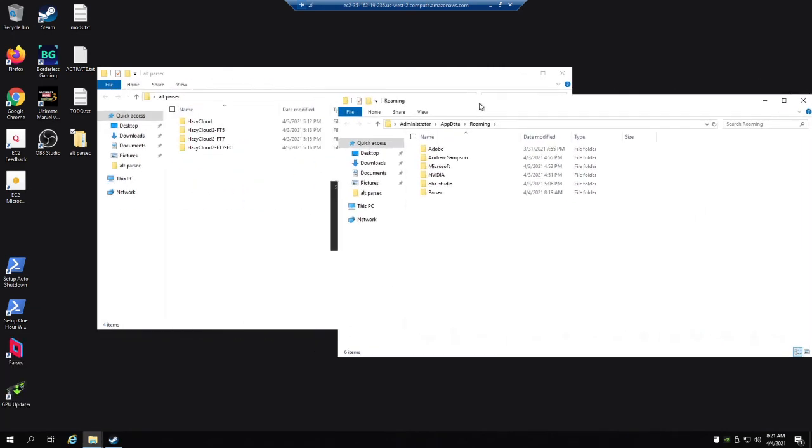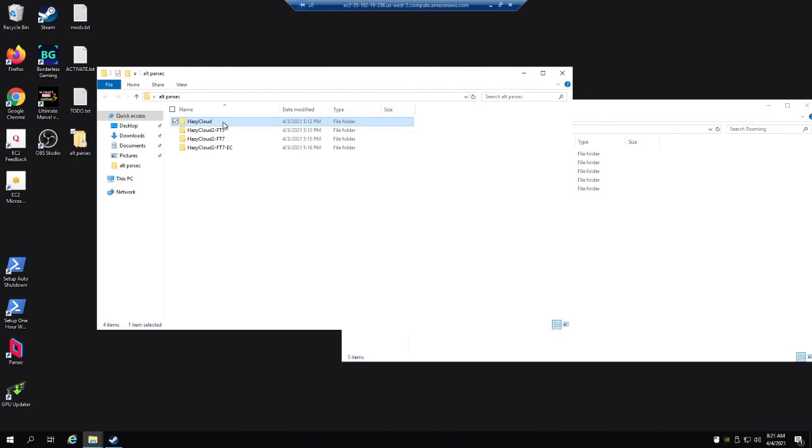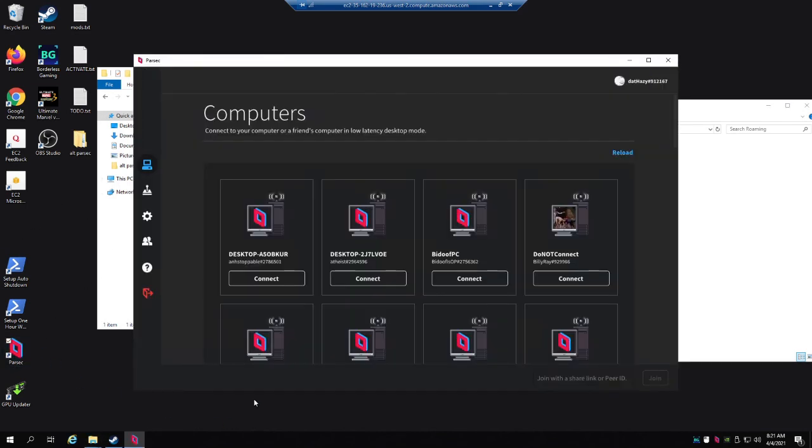In the app data folder, delete the existing Parsec folder. Now, open up the folder that has the login settings you want to use for this instance. Then you can copy and paste or drag and drop the Parsec folder to the app data folder. You can open up Parsec after and you'll be signed in without needing an email confirmation. The host settings will be saved to whatever you had set from your folder.